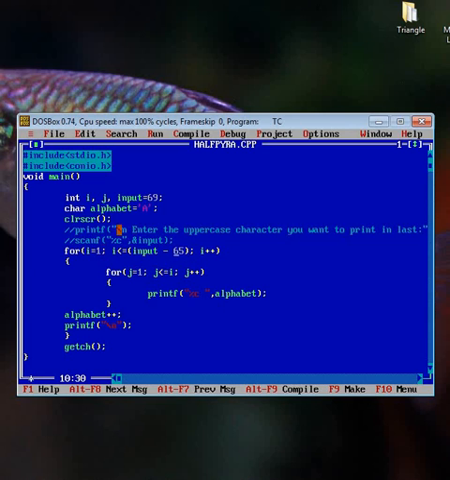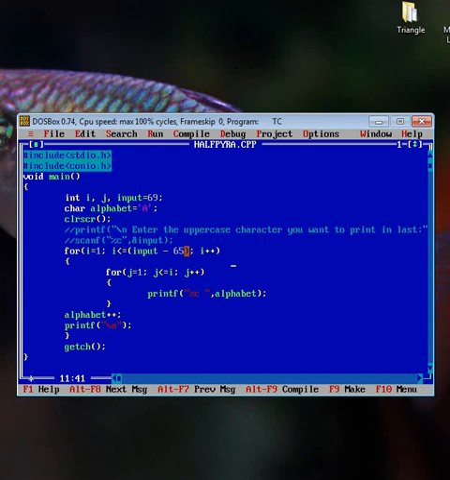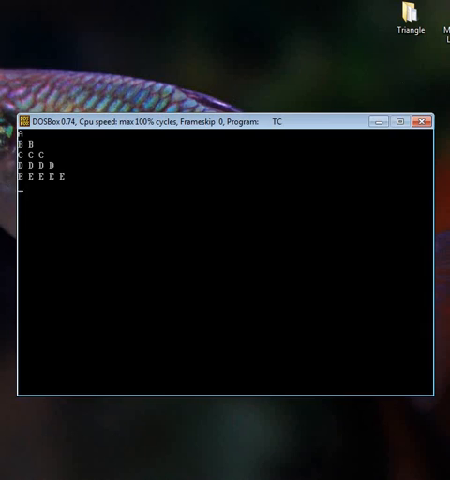Now just run the program. You can see A, B, C and D. E is missing. Now place plus 1 here. So how many rows are there? 1, 2, 3, 4, 5, and now E is here.